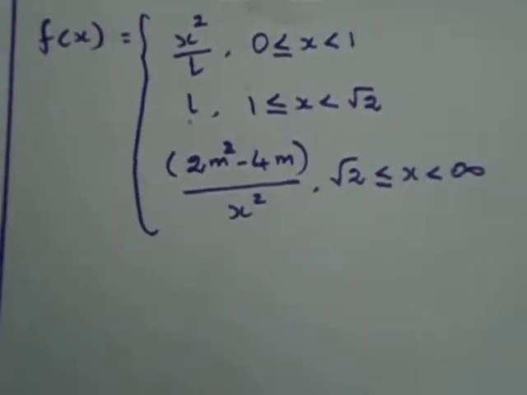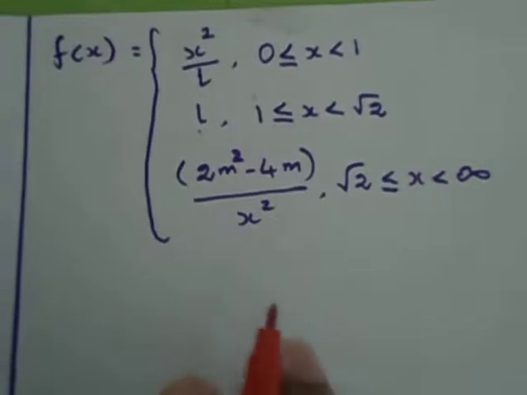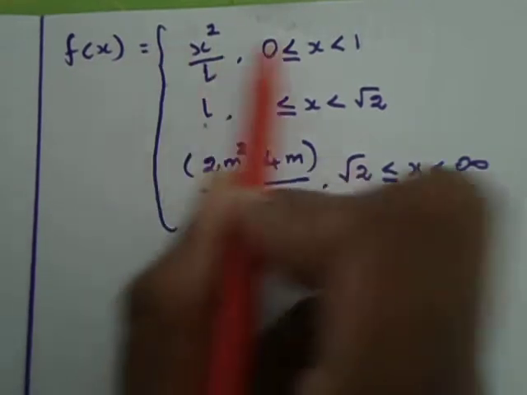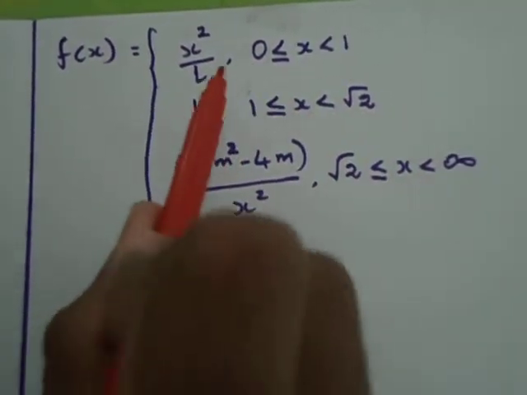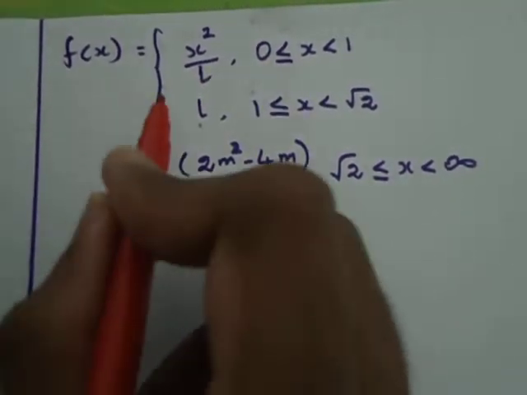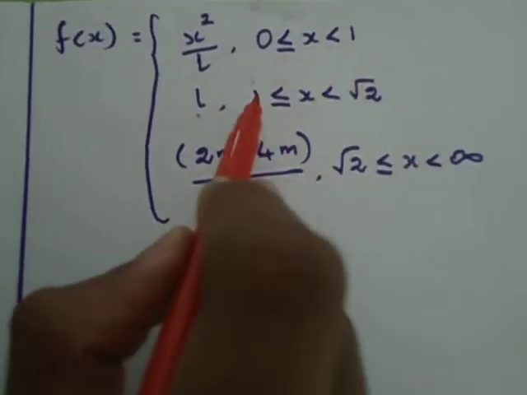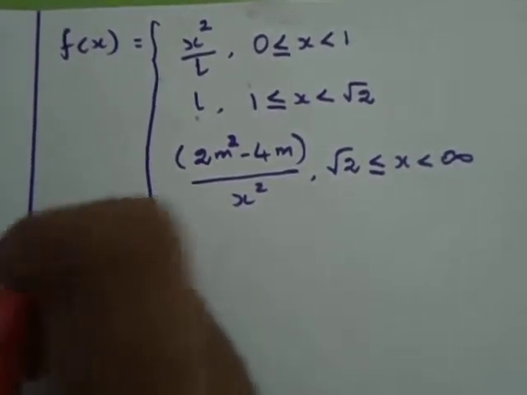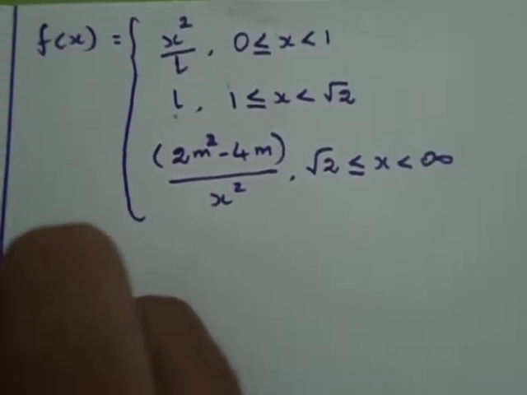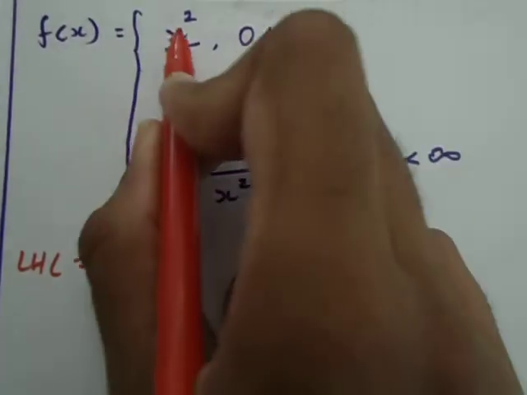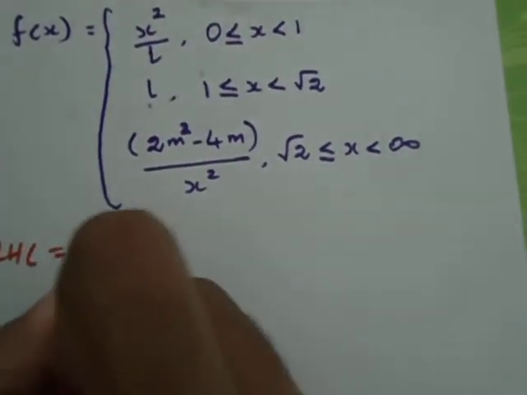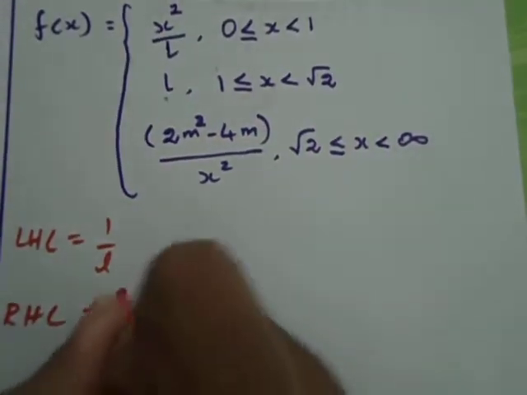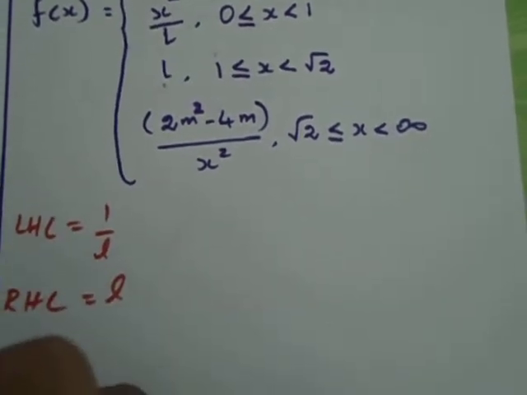Hey guys, now let's take a look at more problems on continuity. So here we have the function defined as this, and it's given to be continuous, and we have to find L and M. So at x equal to 1, let's find the left limit, right limit, and it should be equal to the function value. So LHL is equal to, we can directly substitute 1, so 1 by L. RHL is equal to L, it's a constant,